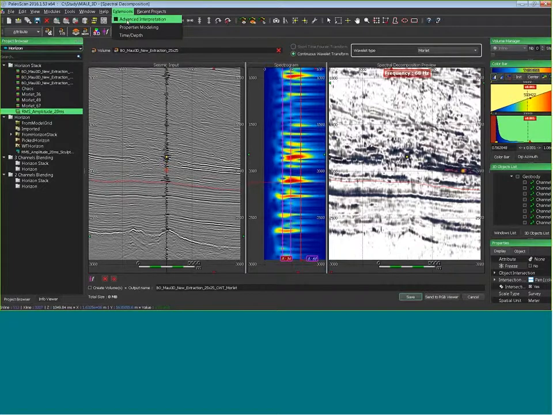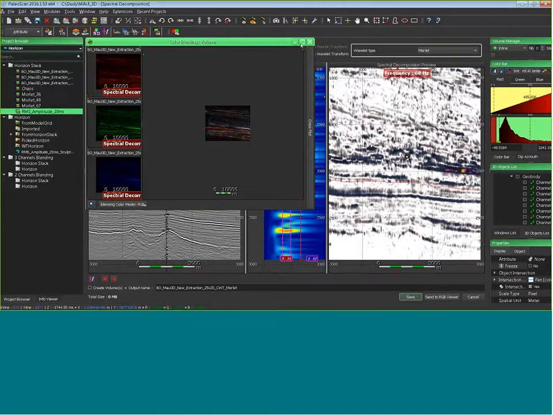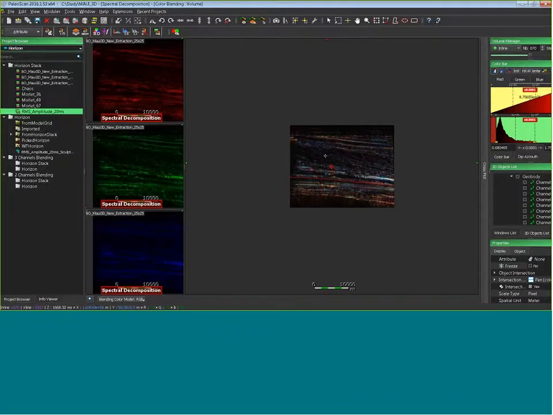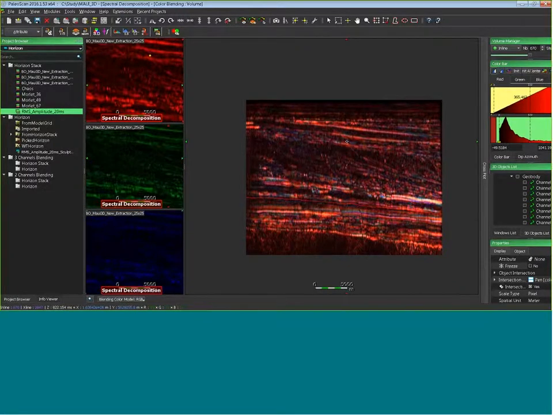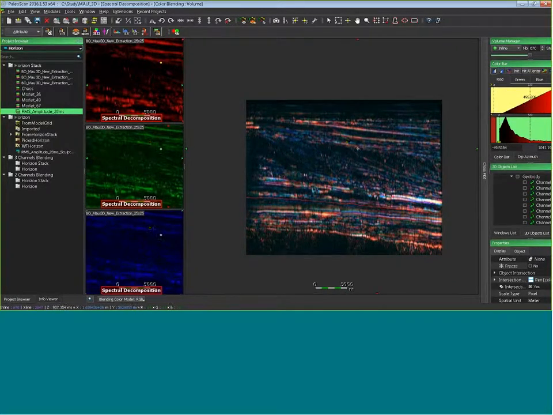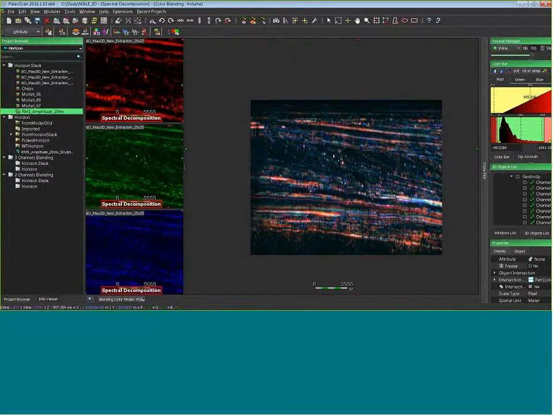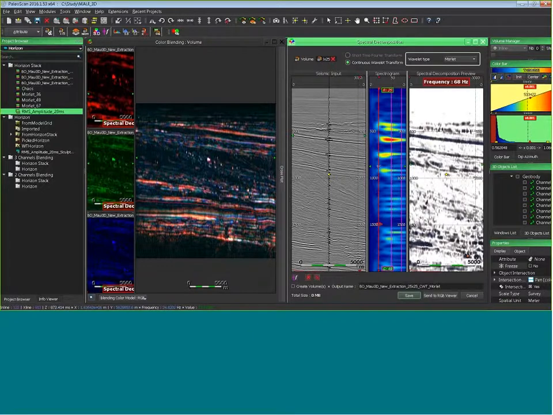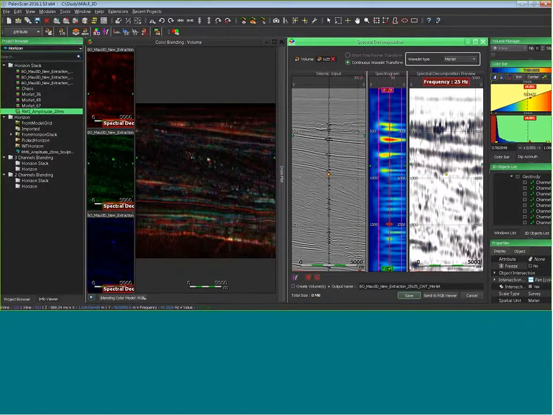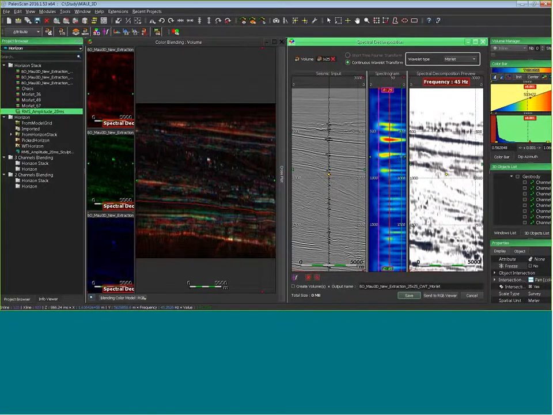If I activate the advanced interpretation add-on module, I can send these 3 spectral decompositions into the color blending, and I can display the 3 different spectral decompositions on the color blending. What is really interesting is that if I move one spectral decomposition, it's linked to my color blending, and I can adjust directly using spectral decomposition.